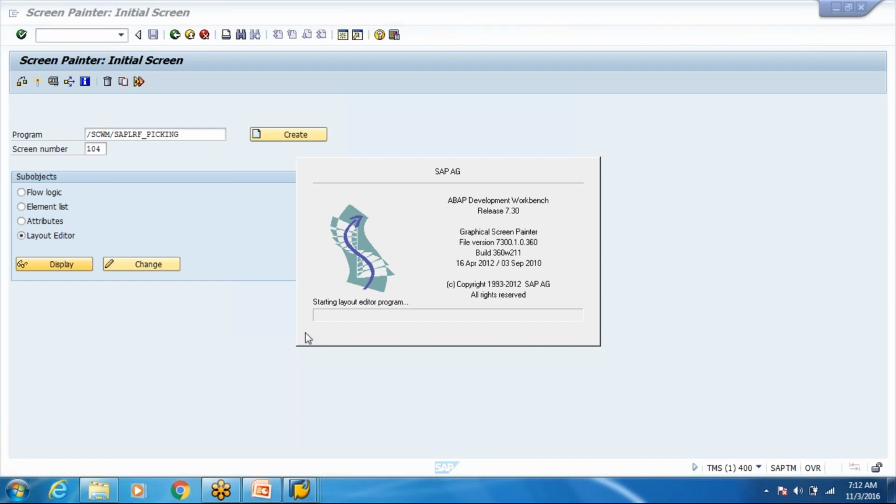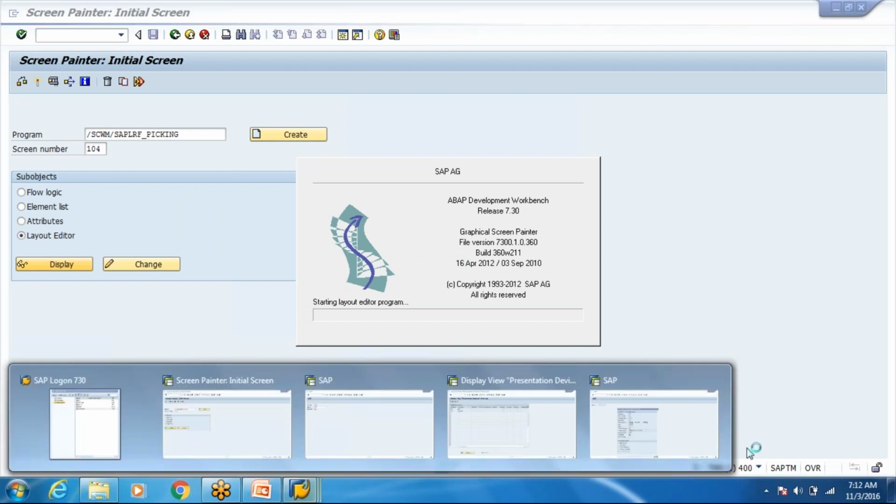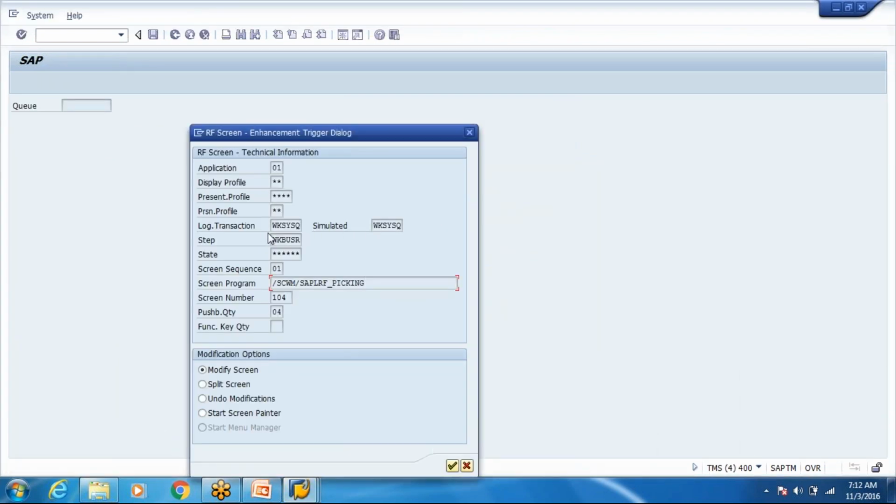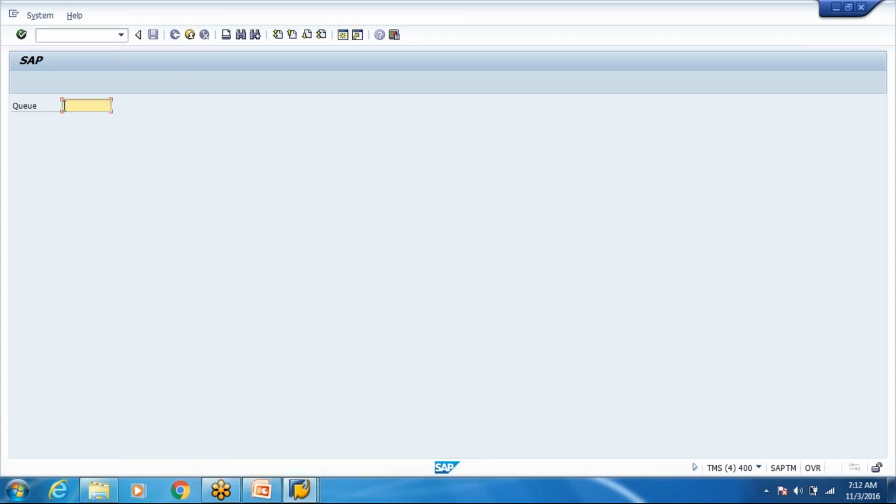So let's say this RF transaction, basically. This is a standard transaction and this is a standard step. This is an entire transaction, with different screens.